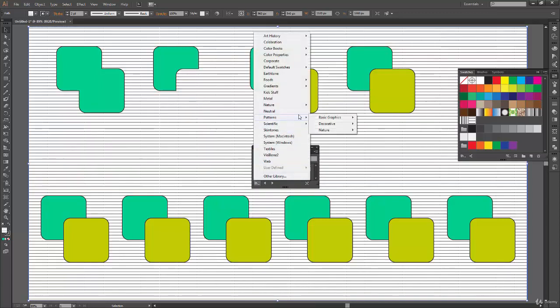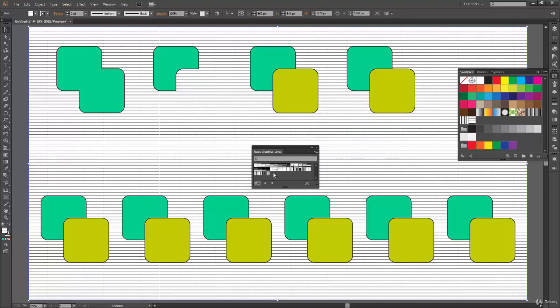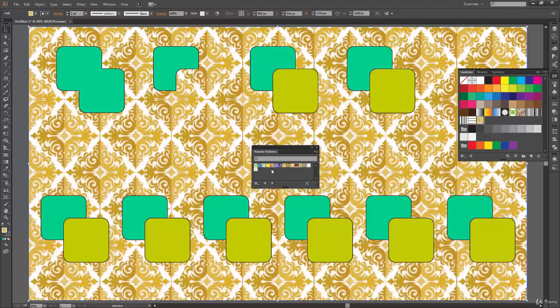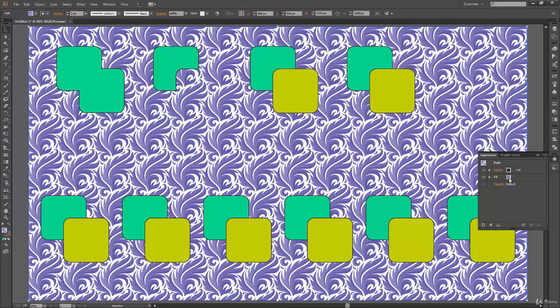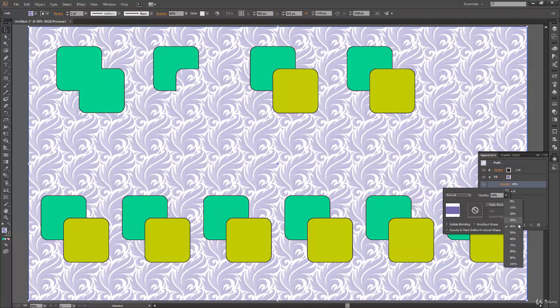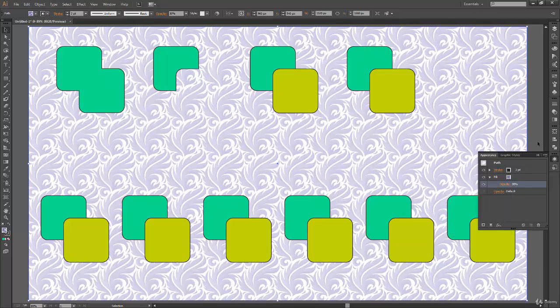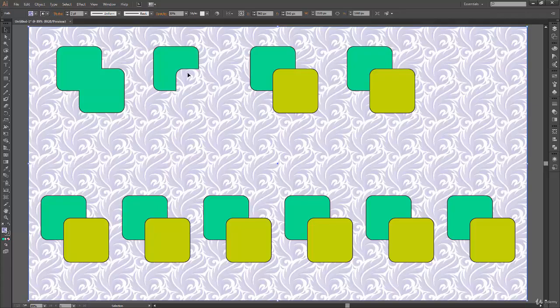So we can go to some other pattern over here, decorative, and I think that looks decent. Now we can go to the appearance panel, go to this fill and reduce the opacity to 40% and even less, I think 30%, just so that we know it's not plain white, and we can see that okay, this part is gone.